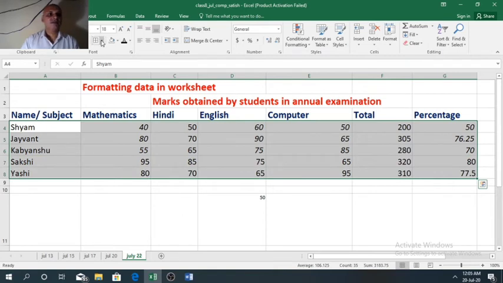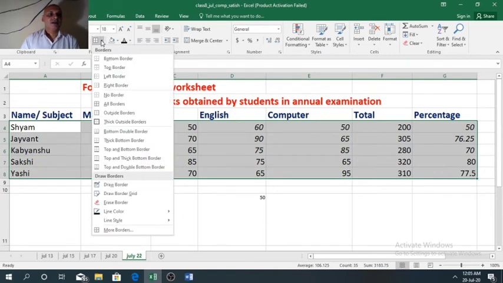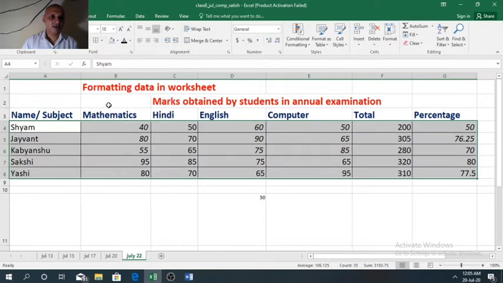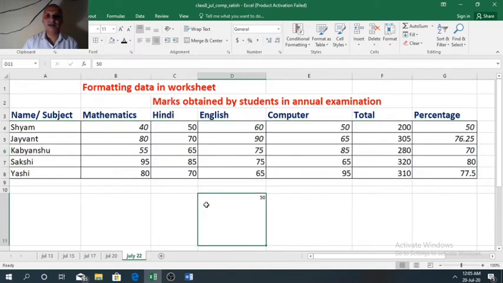Now click on the arrow to the right side of border. If you select all borders, then the data will look like this.